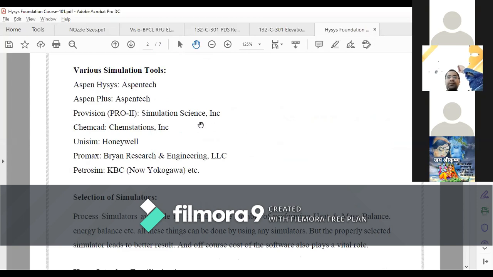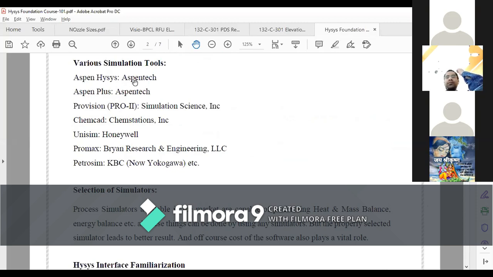If for your application Aspen HYSYS is suitable, as well as Unisim, Petrosim and Pro2, and all these four softwares are predicting good results, which one will you select?